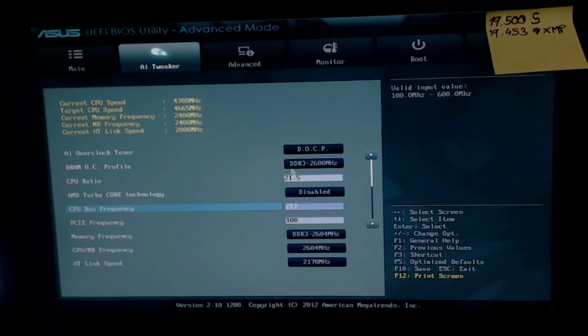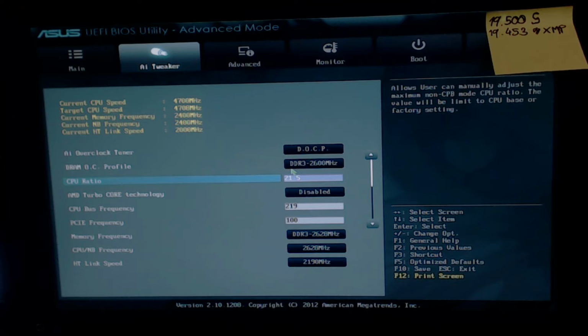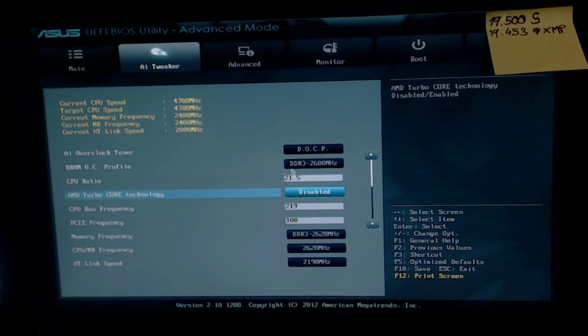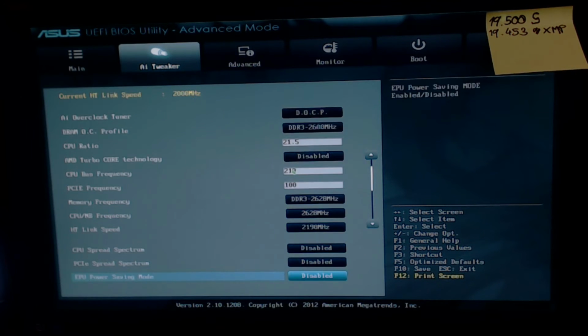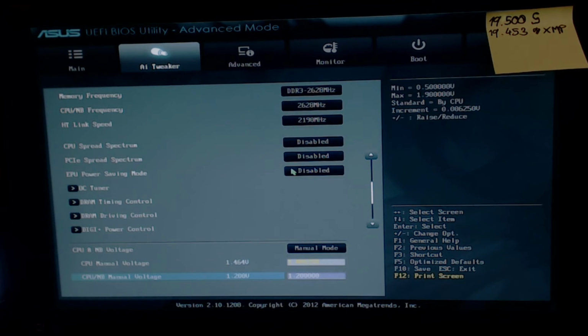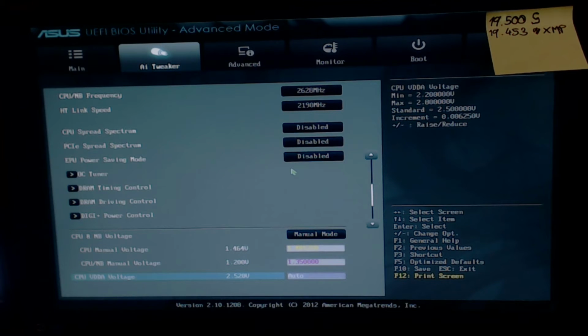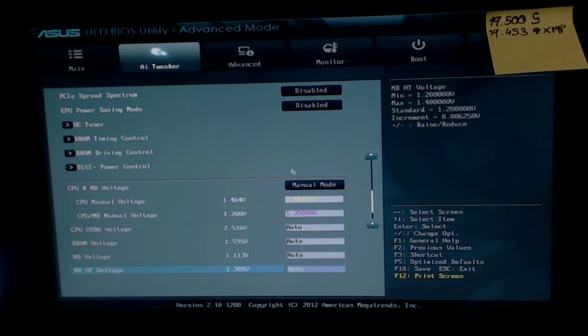Okay, I'll try to just clock it into 2600 something with the CPU at like, yeah, there. That's 4.7 gigahertz CPU, and the FSB and the RAM should be happy. Yep. So North Bridge is now at 2600, so now we need to raise North Bridge voltage. For this, I'll just punch in 1.35. You don't really want to go above that unless, of course, you have a Phenom. And we're going to keep running 1.7 volts,